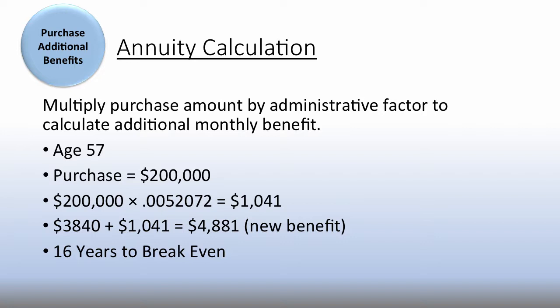So once I get to 73, what happens? Well, the benefit doesn't stop. I said I'm going to pay you for your lifetime. So if you continue to live, so to speak, you're getting free money at that point. You beat the actuarial table. Now, not everybody's going to beat the actuarial table, and that benefit may stop depending on whether or not they selected a survivor option, which I'll circle back around to in a moment. But the bottom line is you're talking about a 16-year bet in terms of recovering that initial investment.